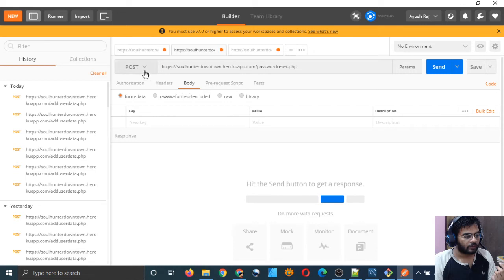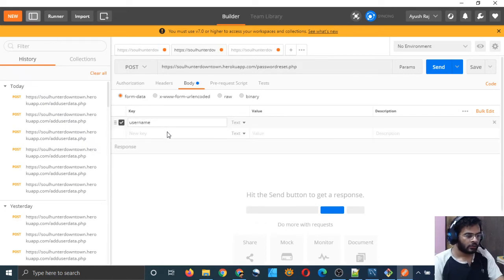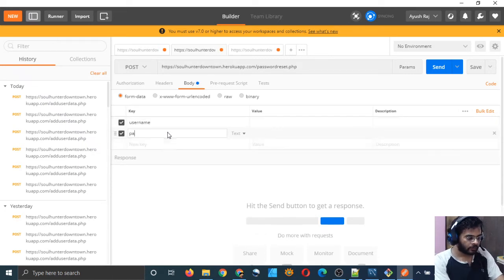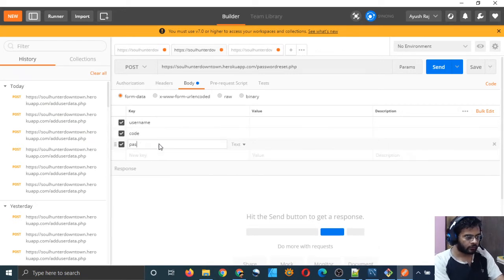In the body, this should be post, and go to the body tab, and here just type username, in the second field type code, and in the third field you can type password. You can arrange them in any way. You can type password first and code later. It's not a problem. Username, let us do it for figure user.